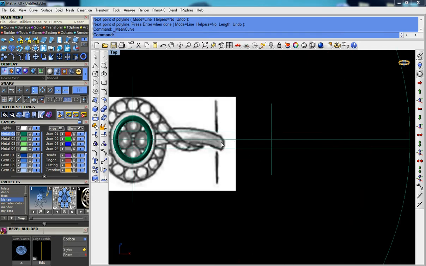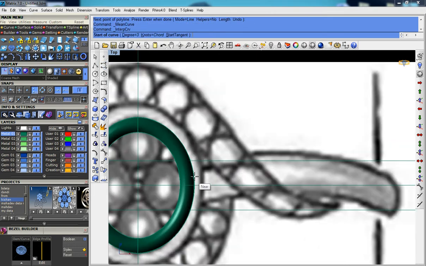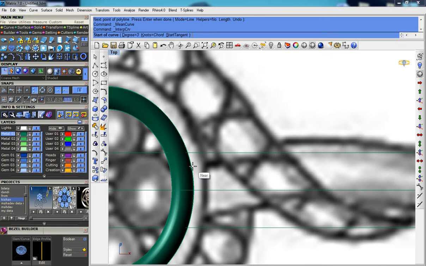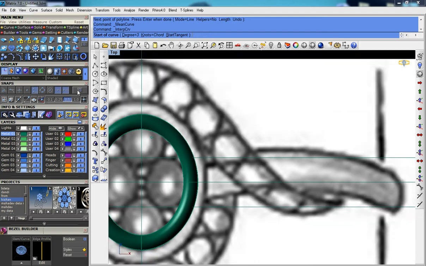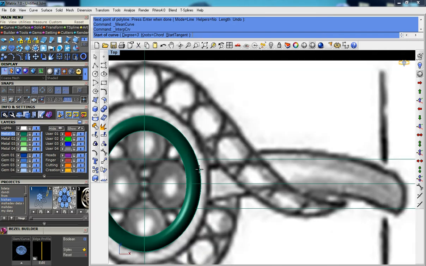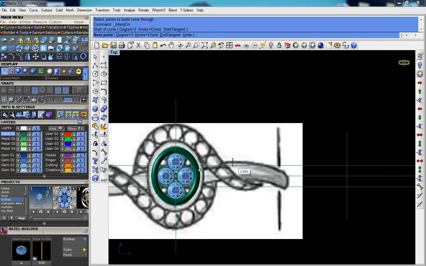Okay, now I drew my design. So I select the curve, interruption curve. This is called interruption curve. Before you draw your picture, please turn off your snap options, then draw smoothly. Click here, here. Okay,